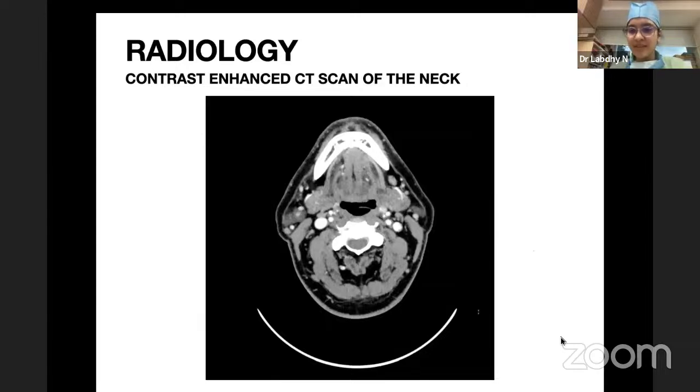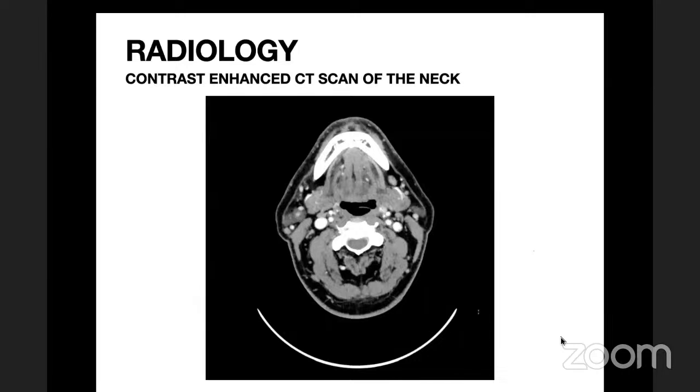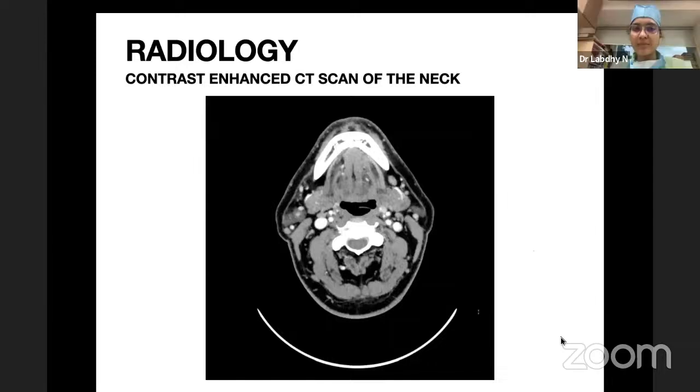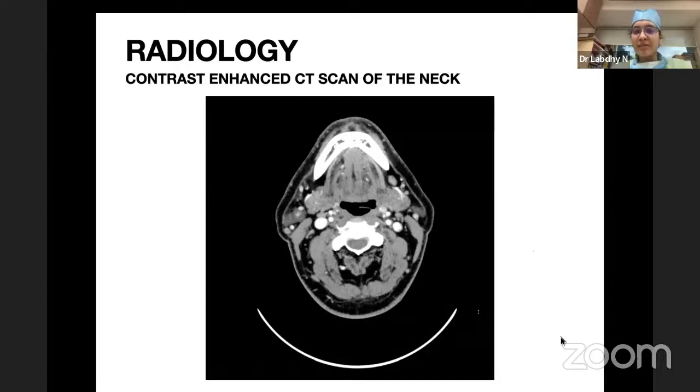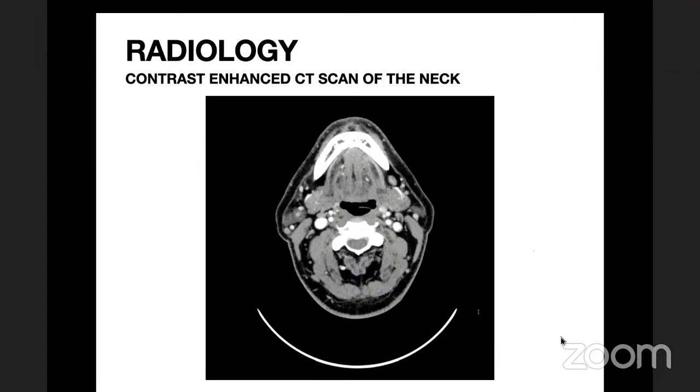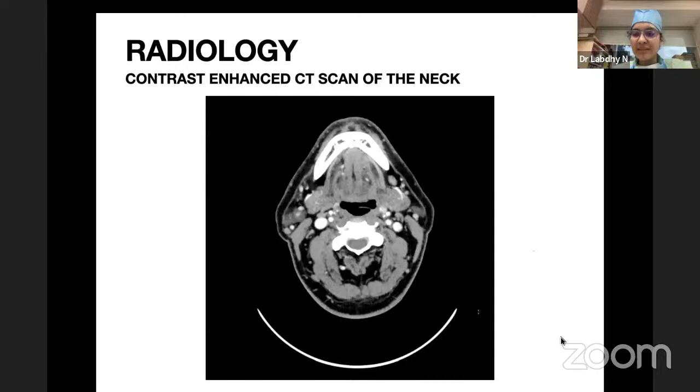Continuing as to why you're suggesting surgery and not any form of organ conservation. So go ahead, Labdi. So you said why we can't do organ preservation surgeries. Why, ma'am, would you not consider this patient for any form of non-surgical organ conservation also? The same reason. When we look at the RTOG trial, patients who underwent CTRT, T4 tumors, they had a dysfunctional larynx and had to undergo salvage total laryngectomy in 30% of the cases.